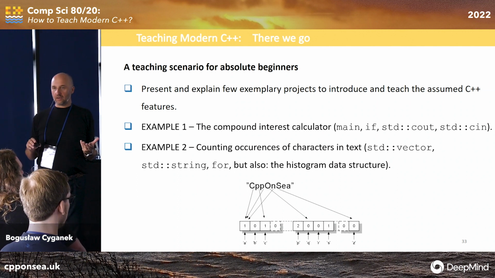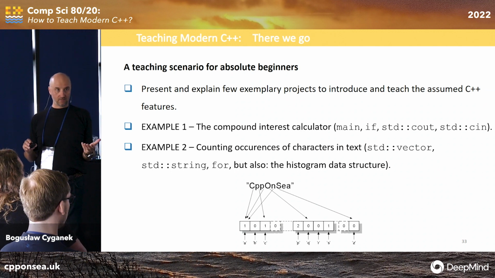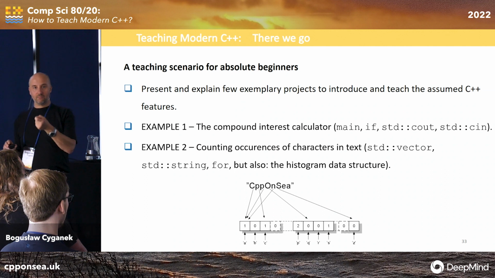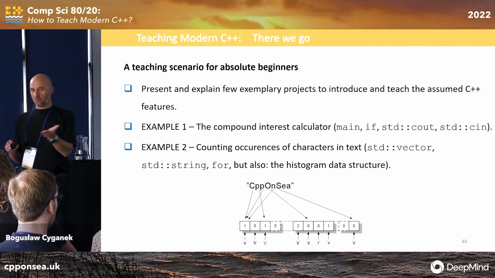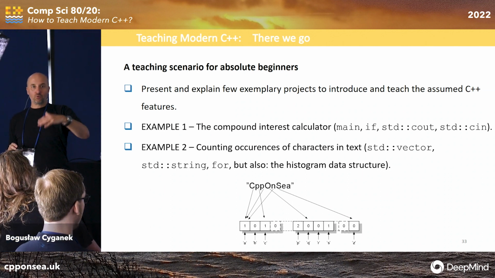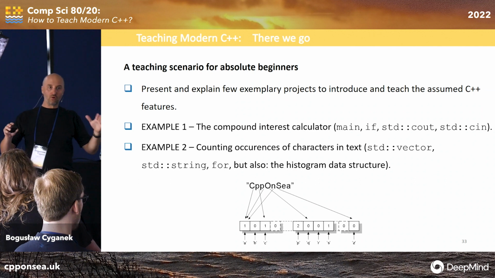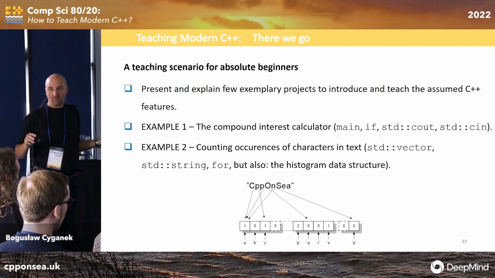What are we building? A histogram. What is a histogram? It's a data structure, so we teach them a little bit more. And what can we do with the histogram? We can normalize it and use it like discrete probabilities. So we can build on this, showing some connection to math and to real computation.